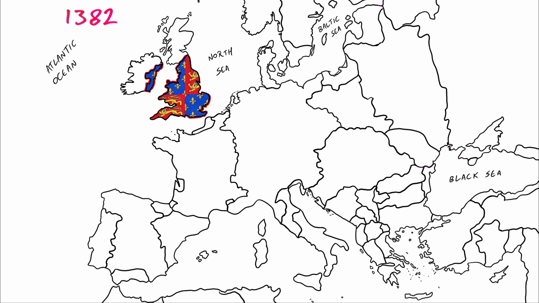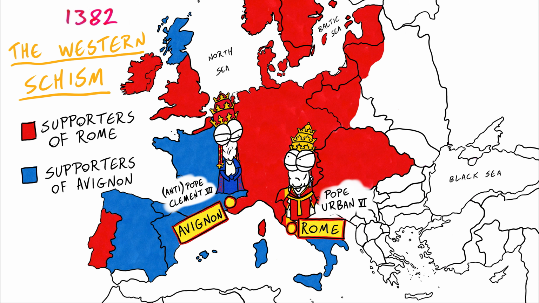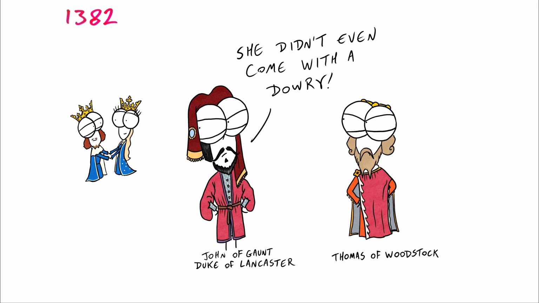At this time, the situation with the Pope in Avignon had complicated even further into another Pope in Rome, again leading different kingdoms across Europe, siding with different popes, known as the Western Schism. Richard married Anne of Bohemia, the daughter of the Holy Roman Emperor Charles IV, to show his support for the Roman Pope. Of course, many of Richard's court did not like this match.